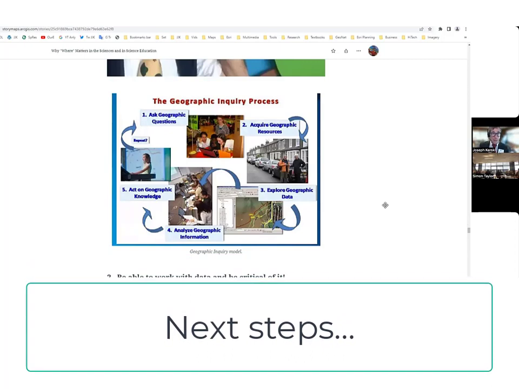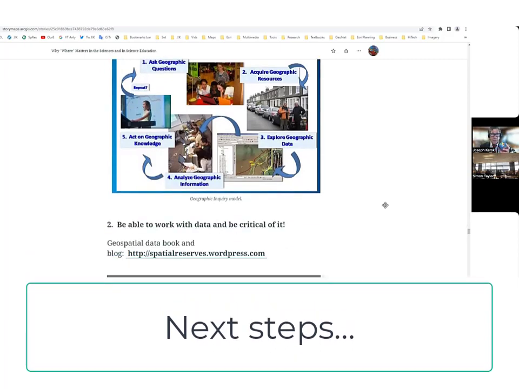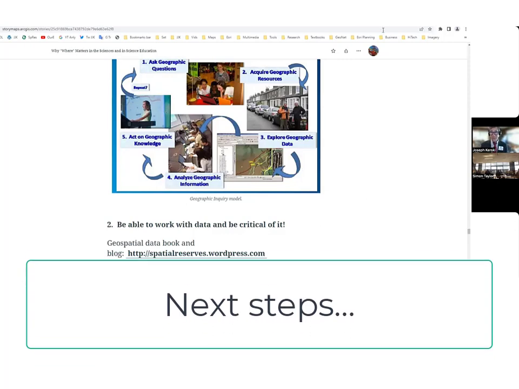And much of the data nowadays is spatial. It's delivered in live interactive web maps. Hence, geotechnology is a viable tool to move forward with. And the last thing is, we've used a lot of different data sets here today, right? Being critical of data and being able to work with it, I think, is a key skill for your students in the 21st century. No surprise to you all, right? You knew I was probably going to say something like that.